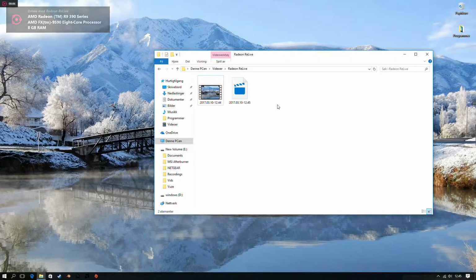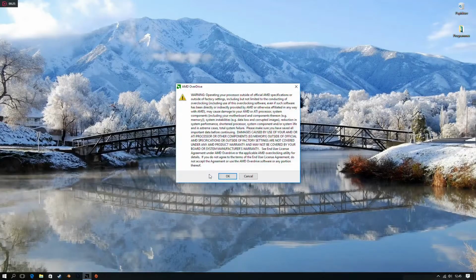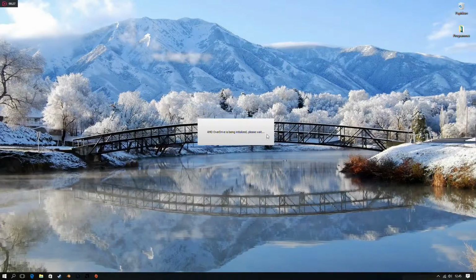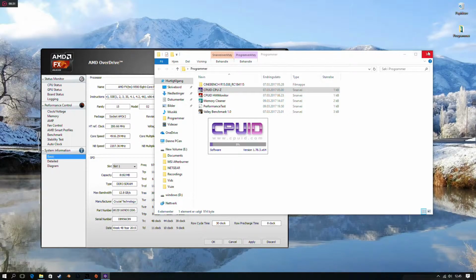Today I just want to go through something very fun I've been doing the last few days, which is setting up an FX9590, which is an 8-core processor from AMD in their last generation before Ryzen, and tuning it and making it work with Windows 10 on, let me just prove it right here, running on a